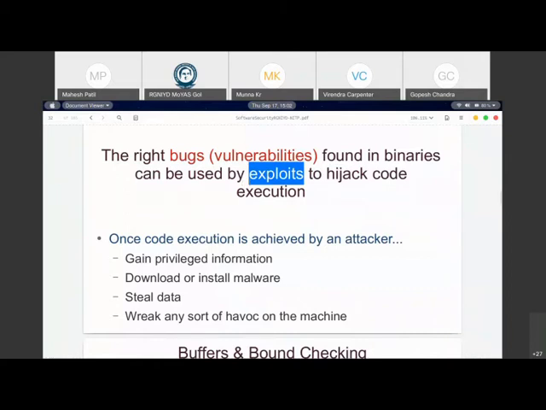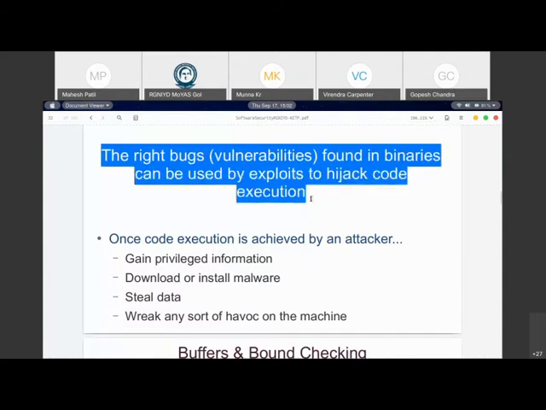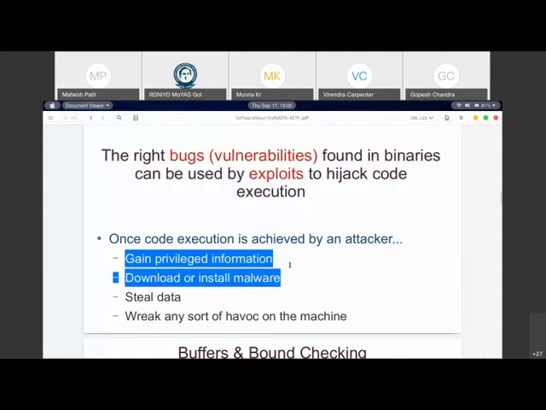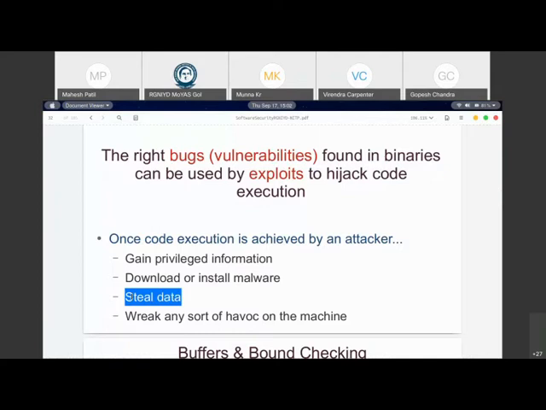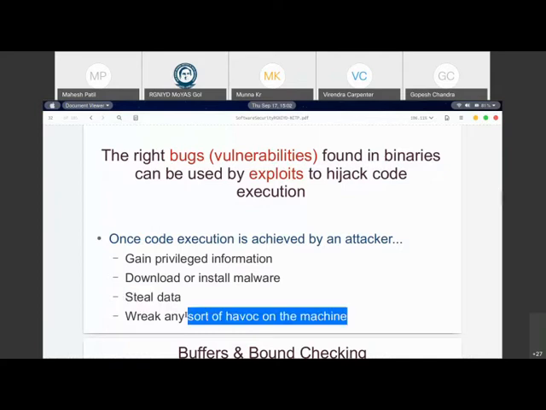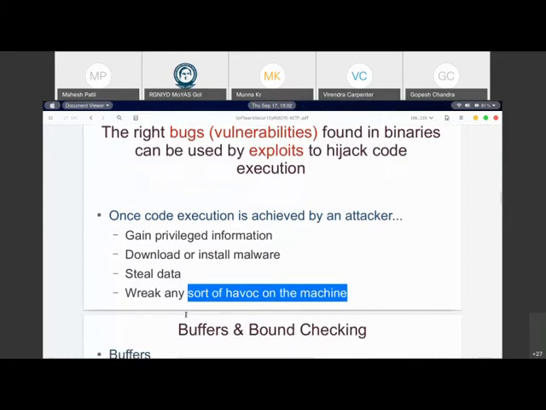What would the attacker get? He can gain privileged information, download and install additional malware onto your system, steal data, or just create havoc on your machine. So he has complete control over your system.